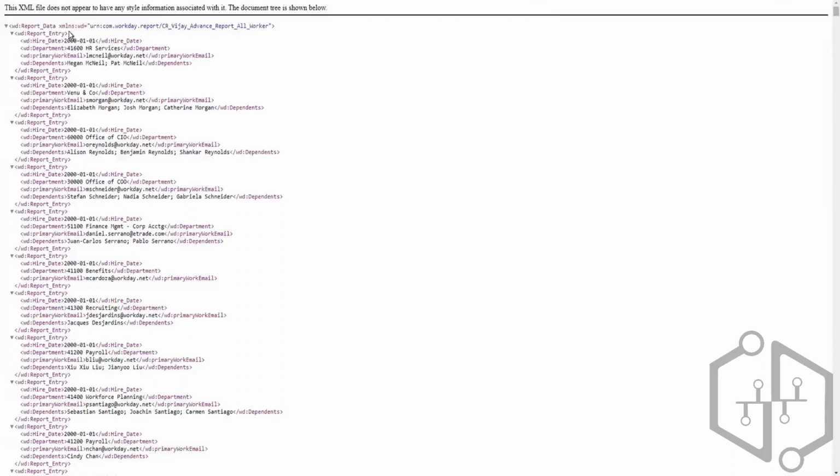So as I told you, the namespace of your report plays a vital role here, and the namespace is WD. So the namespace of your custom report here. So now every element coming from this data source, this custom report source, will be prefixed with WD. So my attribute names were only hire date, department, primary work email in the report, but now they are prefixed with WD, so that they can be uniquely identified,